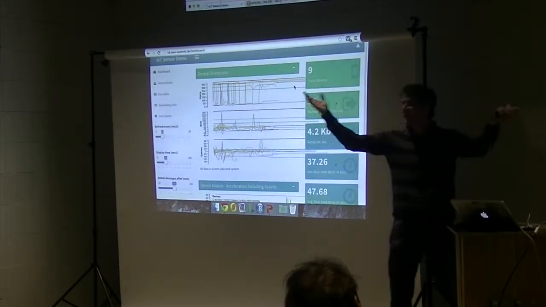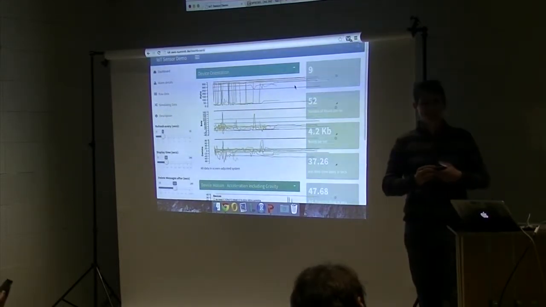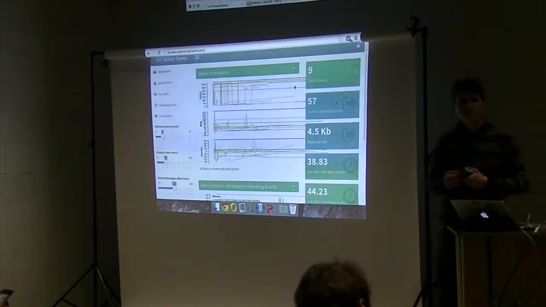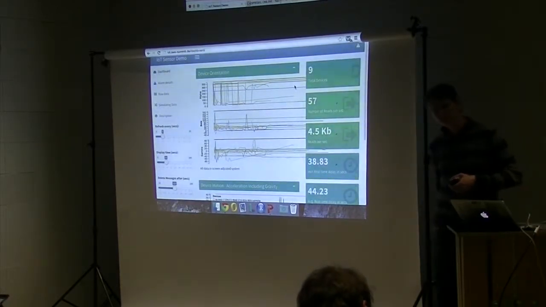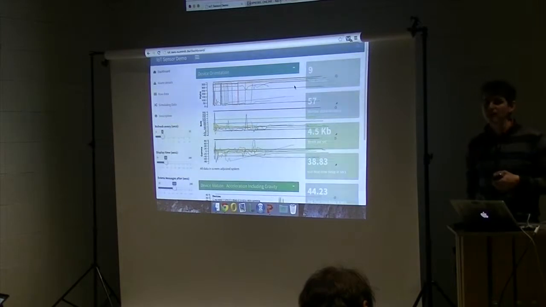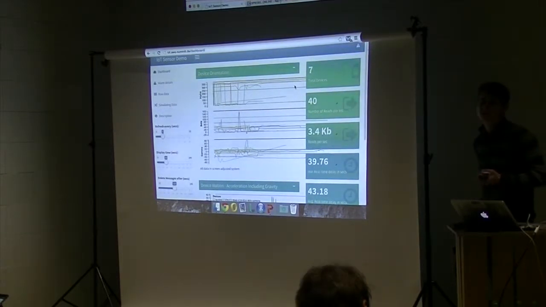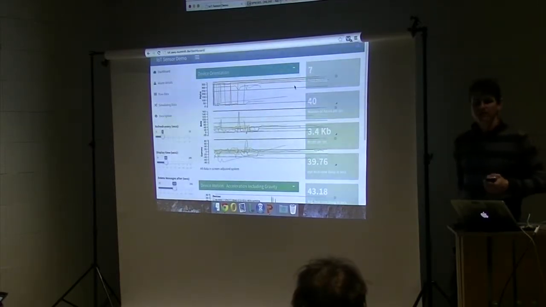So let's wait. Are there any questions? How do you calculate the delay? So you compare the event time from the phone with the time. So we can measure the delay of Kinesis, and we can measure the time when